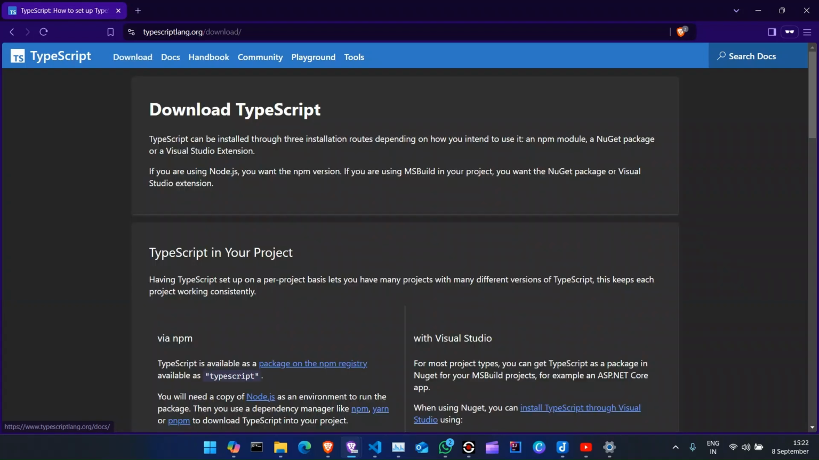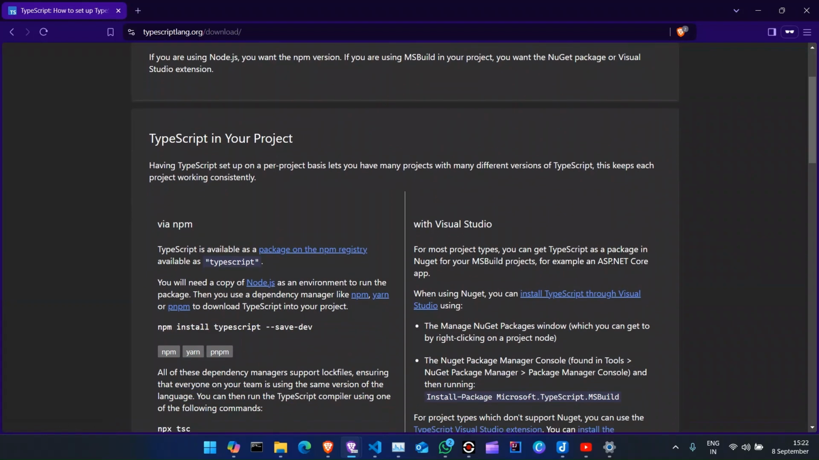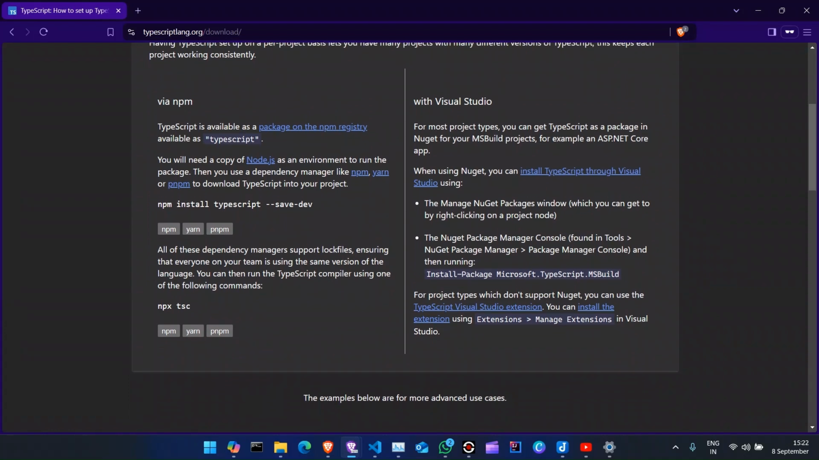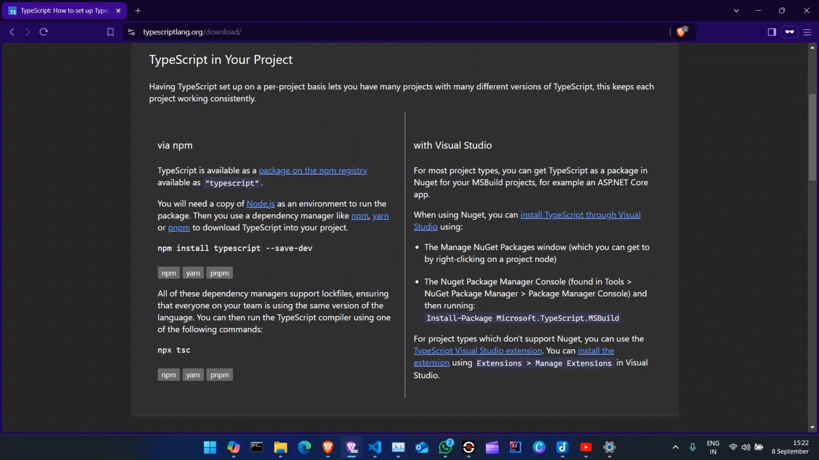So go to download, and you can see npm install typescript --save-dev, like this. Alright, so you can also install it through Visual Studio as well, but we will not be doing it. So